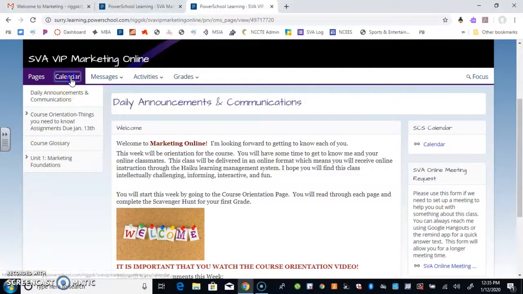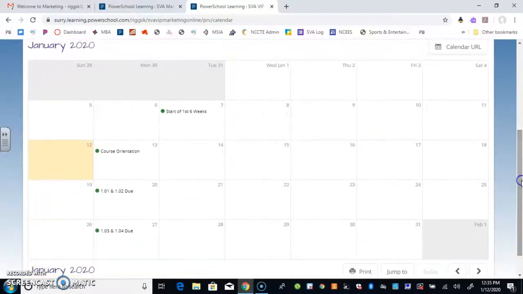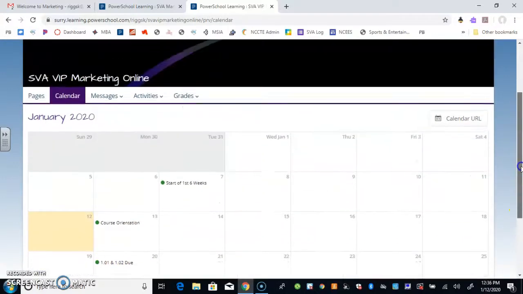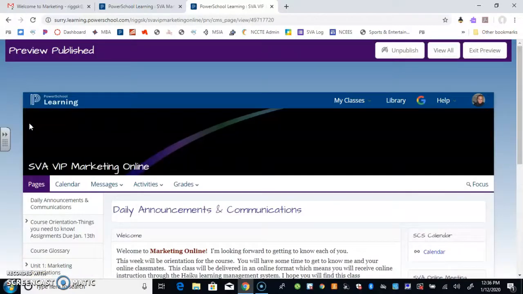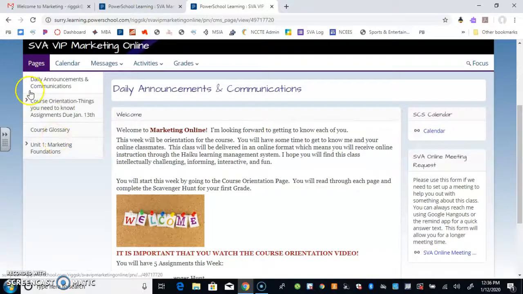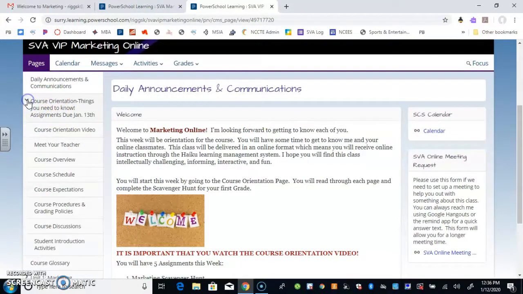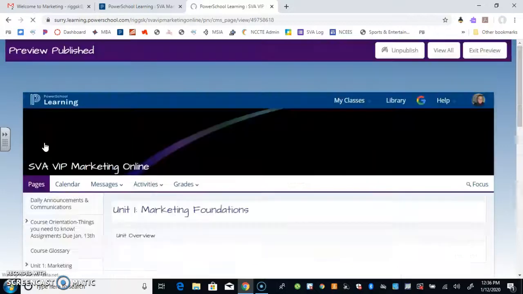This week, if we look at the calendar, we have 1.01 and 1.02 by next Monday, January 20th, which is a holiday. I know you won't be in school. So if you don't get it finished, you can turn it in by Tuesday. You've already finished everything you need to do for the course orientations. That's good. So this week we're doing, if we go to the Unit 1 Marketing,